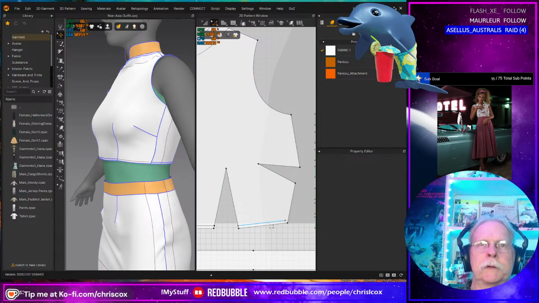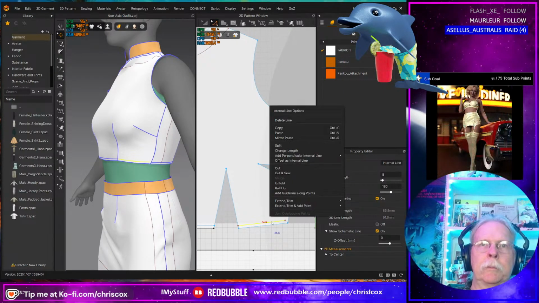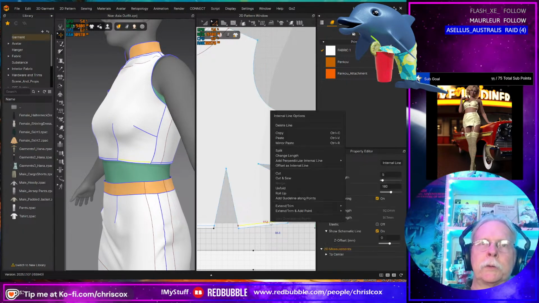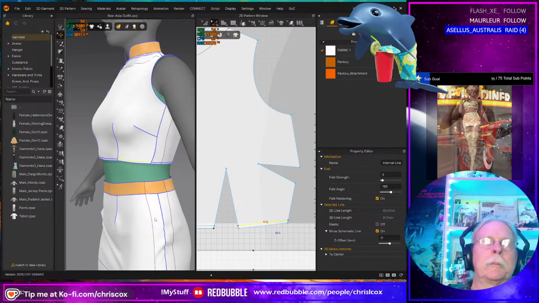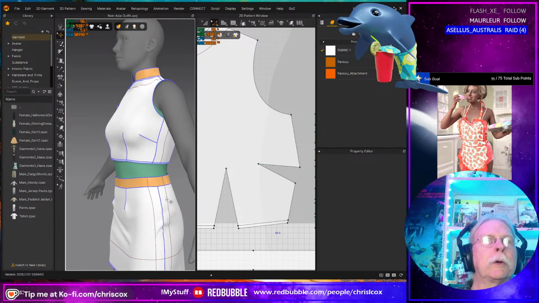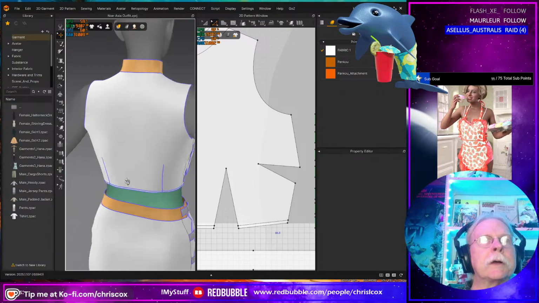And then we'll just extend that to the pattern outline. And then cut and sew that. Yeah, that does it. There we go. And I've already got this other trim set down. All right, excellent.